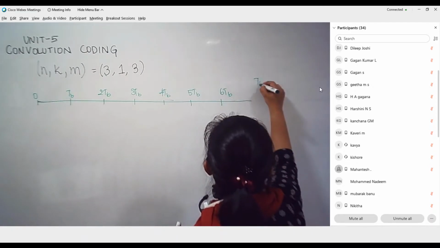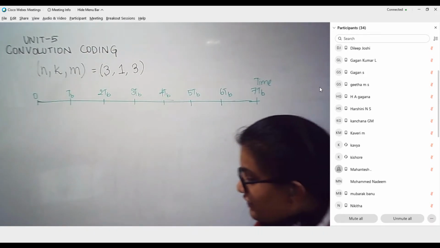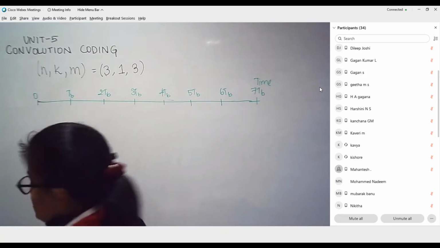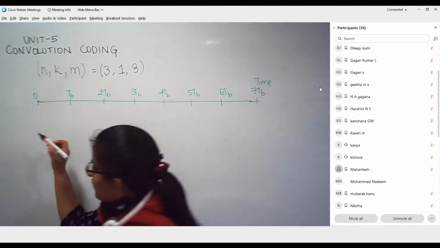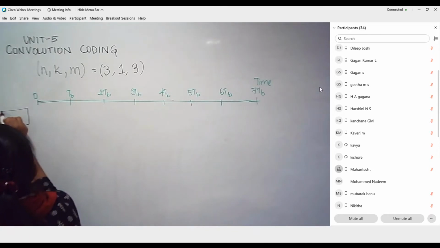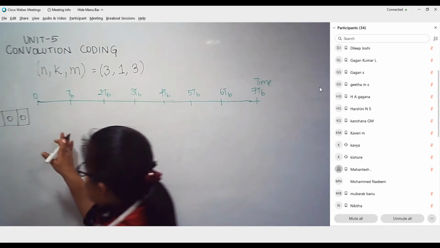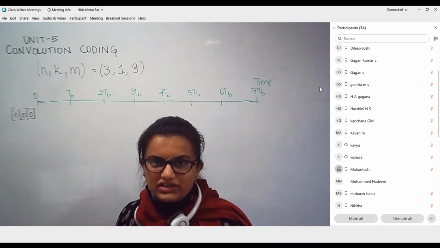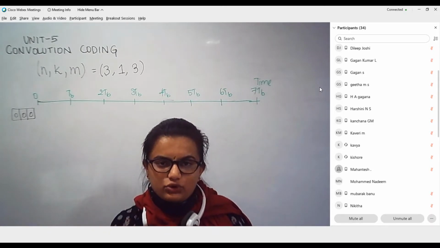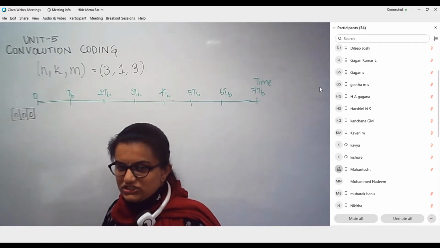So I have considered 7 different time slots, 7 TB. Now I am going to write the flip-flop arrangements. So before this 0, before I could give any input to the flip-flop system, you are going to have all zeros being present, all the bits within the shift registers are flushed out, which means it will not contain any input within it. So it will be all 0 present within FF1, FF2 and FF3. So that is the scenario to begin with. That is the initial step.